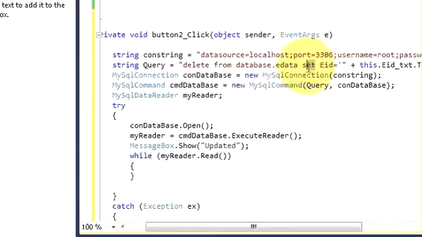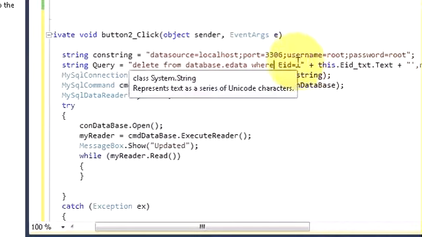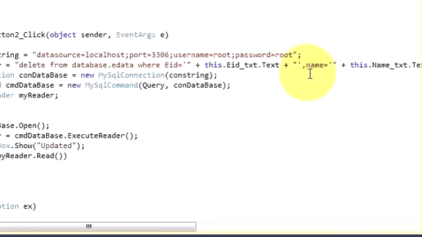Instead of set, write where your employee ID is equal to this. The rest of the code we don't need, so we will delete it.